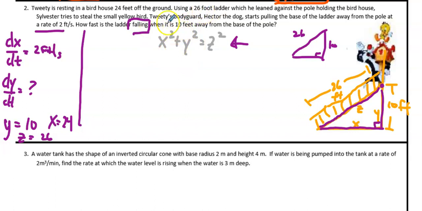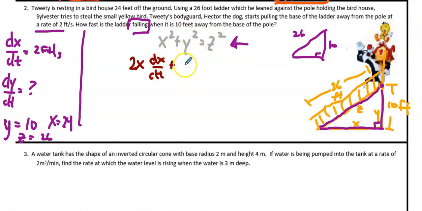When I do this problem, I'm going to have 2x. Now guys, this is where it's important. Everything's related to time. So it's not dx over dx like we talked about with implicit. It's the change in x with respect to time. Everything's with respect to time here. So any variable, and there are 3 of them, you're going to have 3 d somethings over dt's. So then we're going to do plus